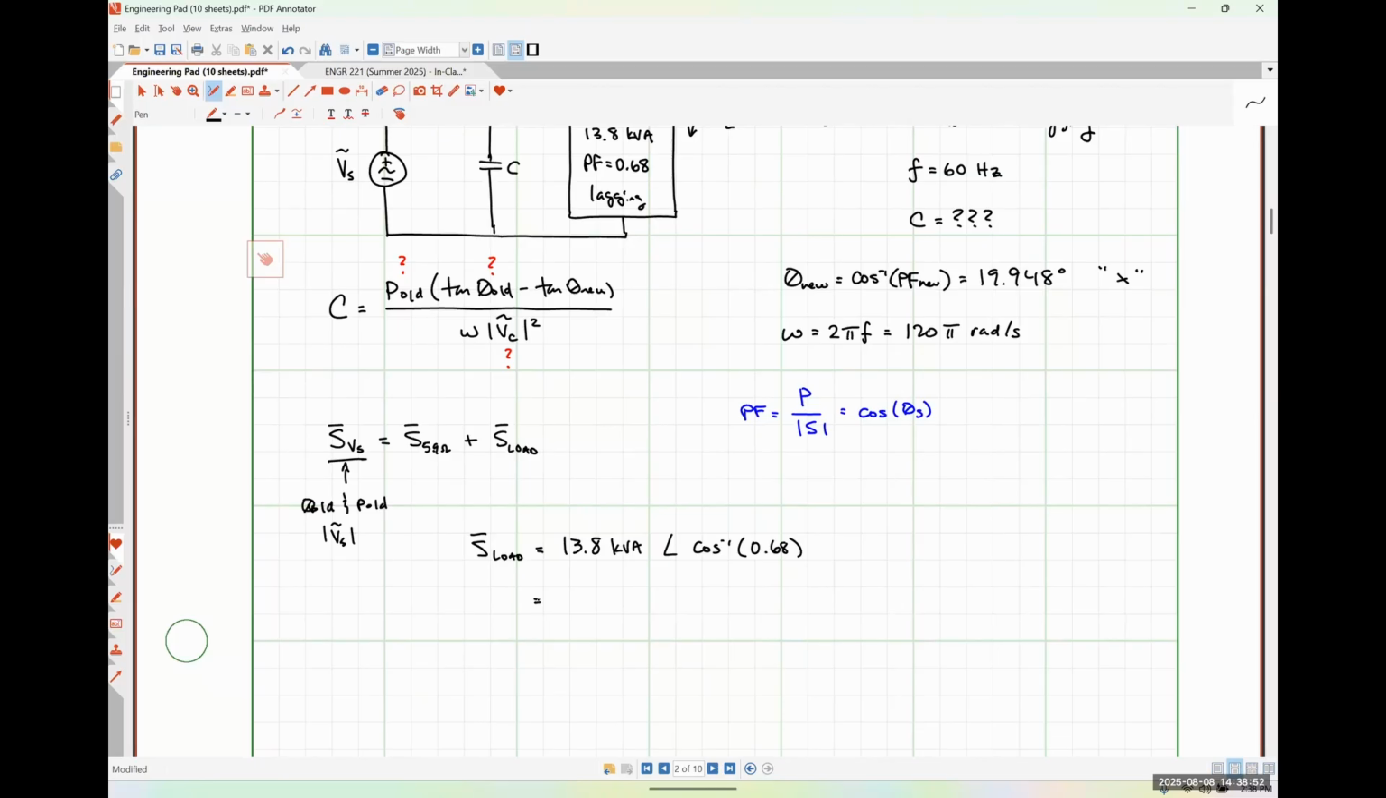So if I put this into my calculator, I'm going to put it in as 13.8 times 10 to the 3, angle inverse cosine of 0.68. I wound up getting 93.84 plus j 10,118.327 volt amperes in rectangular form,